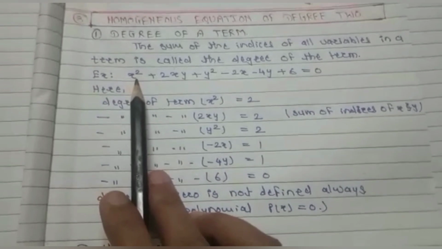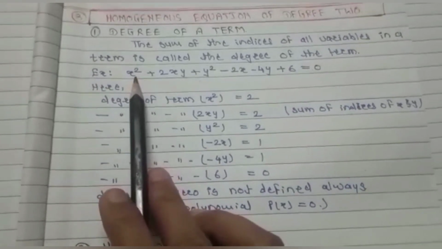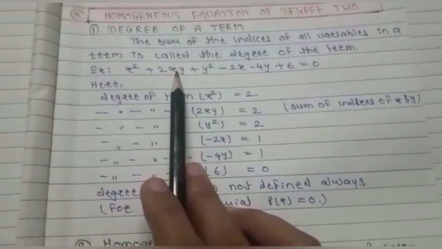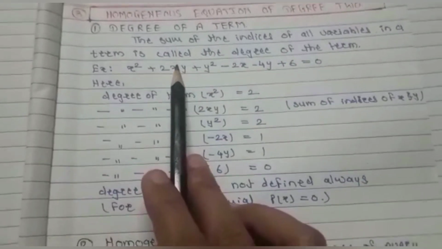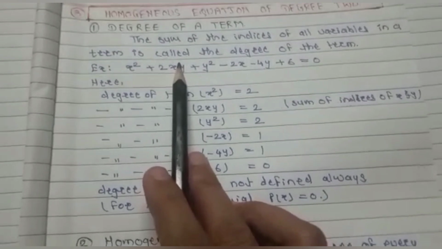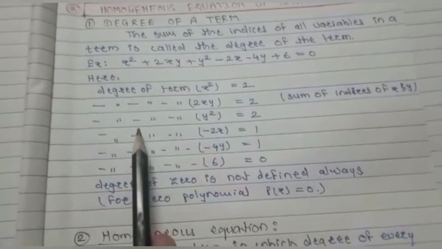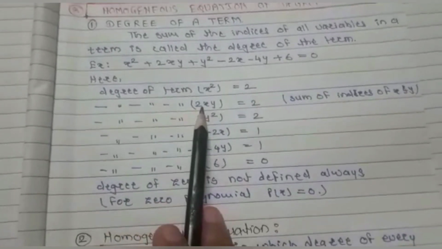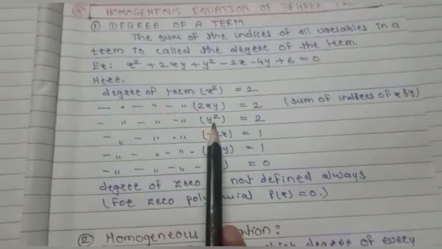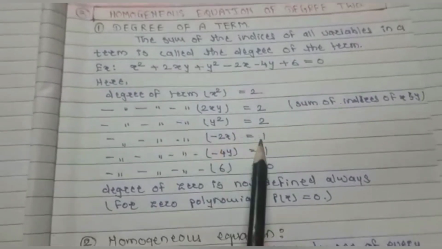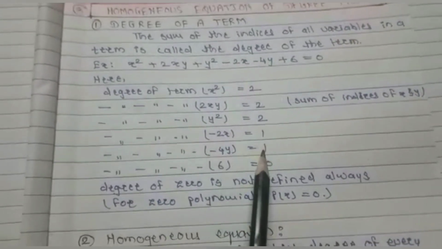So see, in the first term we are observing the power of x is 2. In the second term, what the definition said is that you should add all the indices. So the index value of x is 1 here, index value of y is 1 here, so 1 plus 1 will be 2. So see here, the degree of the term 2xy is 2. Similarly, we can say the degree of y square is 2, degree of minus 2x is 1, minus 4y is 1,